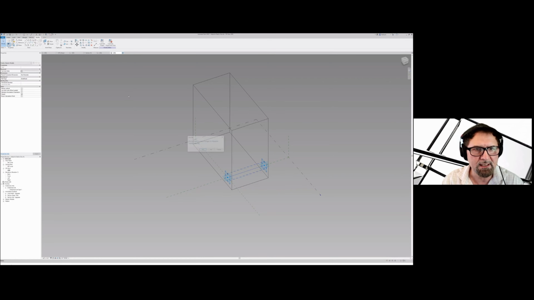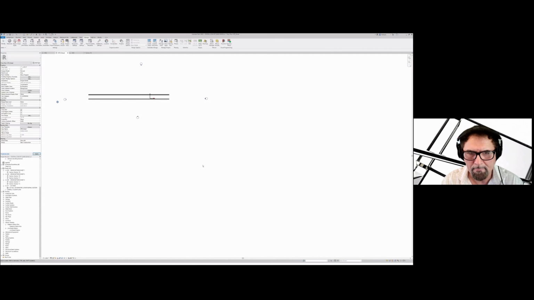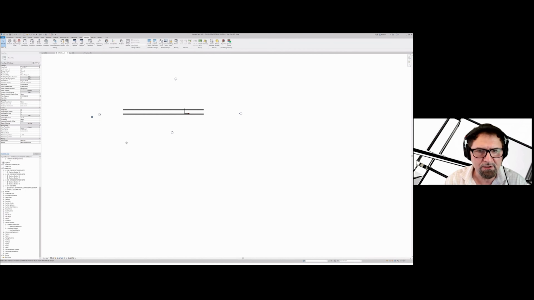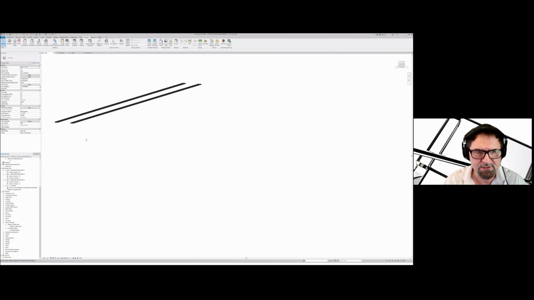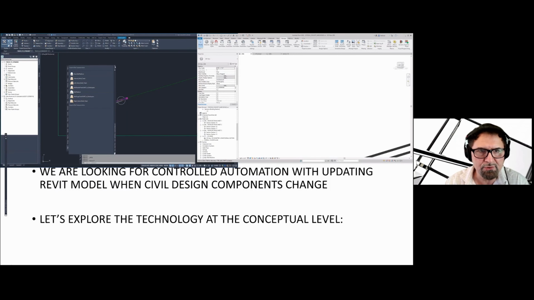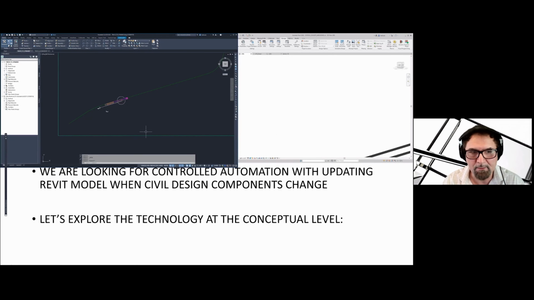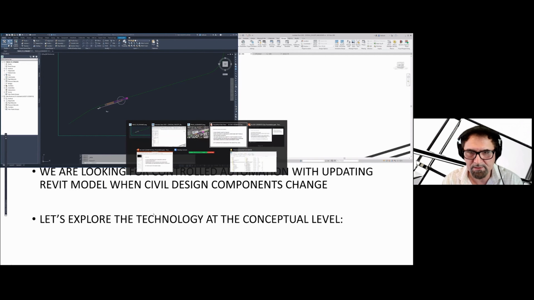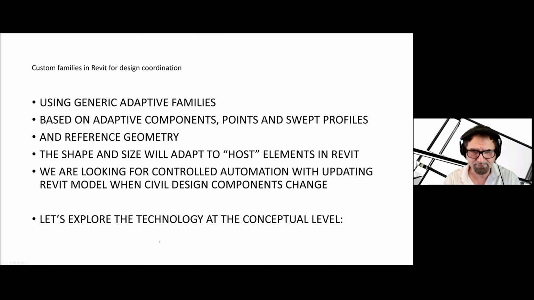I'm going to close this and not save any changes that I might have made right now. All right, so the Revit model, I've actually stripped it down just so you can see the 2 tracks. And looking at the 3D, it basically just has those tracks along the alignment. So let's take a look. How are we going to do that with Dynamo? So I'm going to flip over to my presentation, show you what we're going to do next.